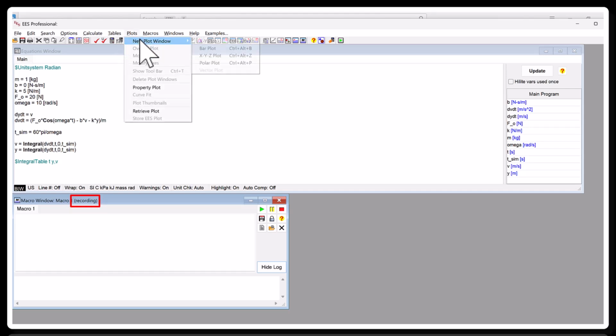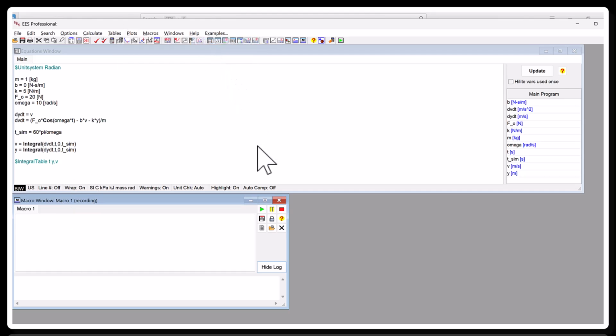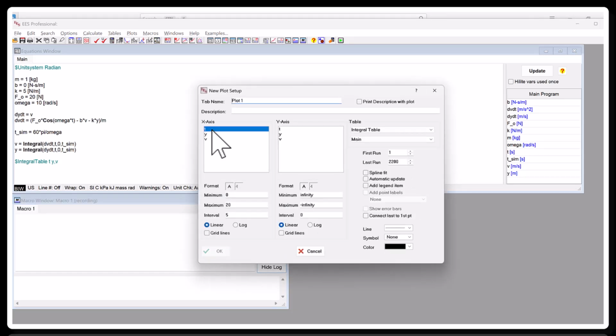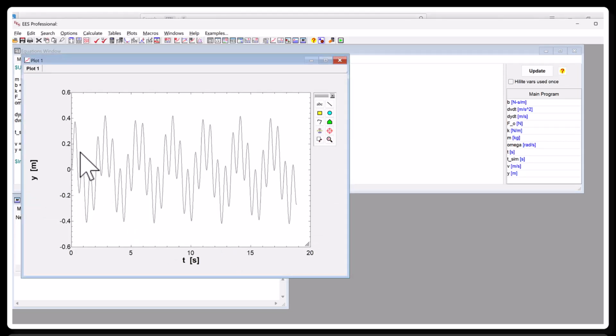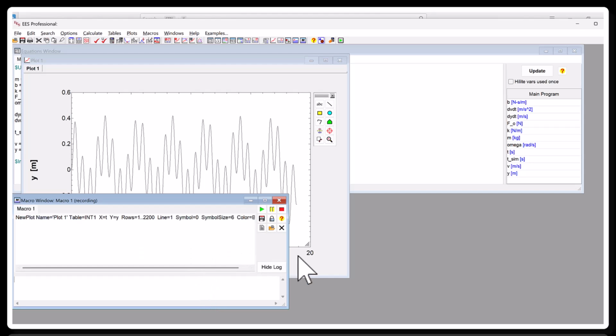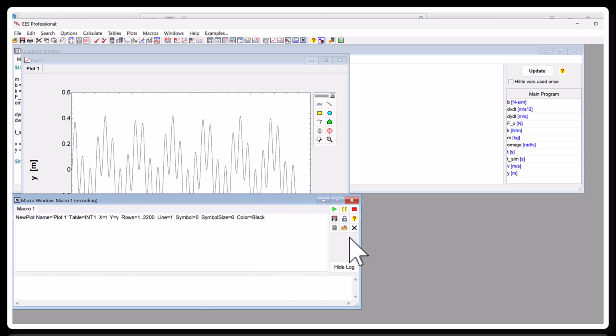So I'll go to plots, new plot window, and let's plot y as a function of t, and that seems okay. So we'll hit OK, and you can see here kind of the interesting beat phenomena that you get when you do this. And then down here you can see the macro command that was recorded. So let's stop recording for a second and go here and look at it. I think it looks